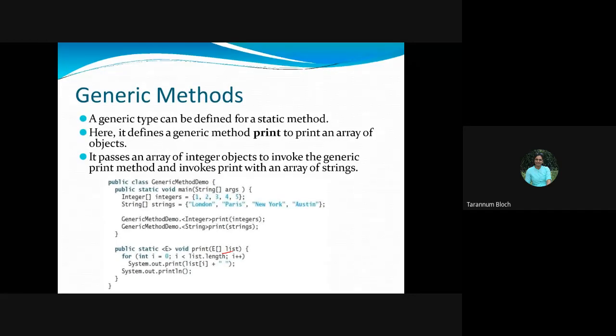So the name of the method is print for integer, print for string, but the argument in case 1 will be an integer array, and in case 2 a string array. To avoid the burden of writing multiple methods with only a slight change in argument type, we are making it general. So this will reduce the size of your code. Is it clear why we are using a generic method?